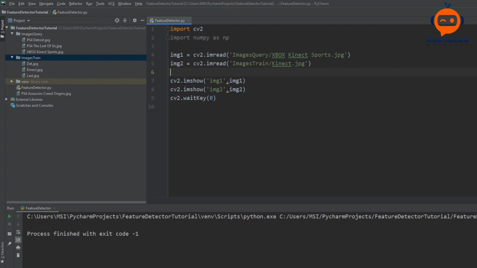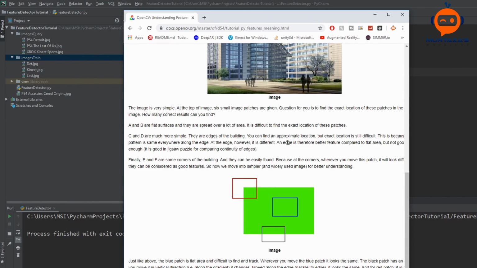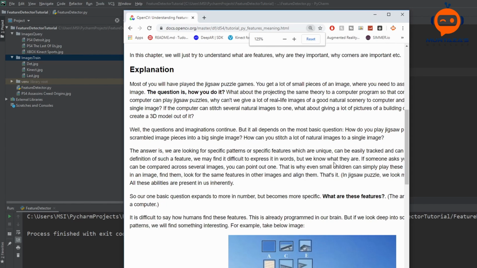So next we are going to create our detector. Now the detector we are going to use is known as ORB, which is oriented FAST and rotated BRIEF. So the idea here is to find features. So what are features? Let's have a look at the OpenCV example. This is given in their documentation. So here they are explaining the features, and we can see that